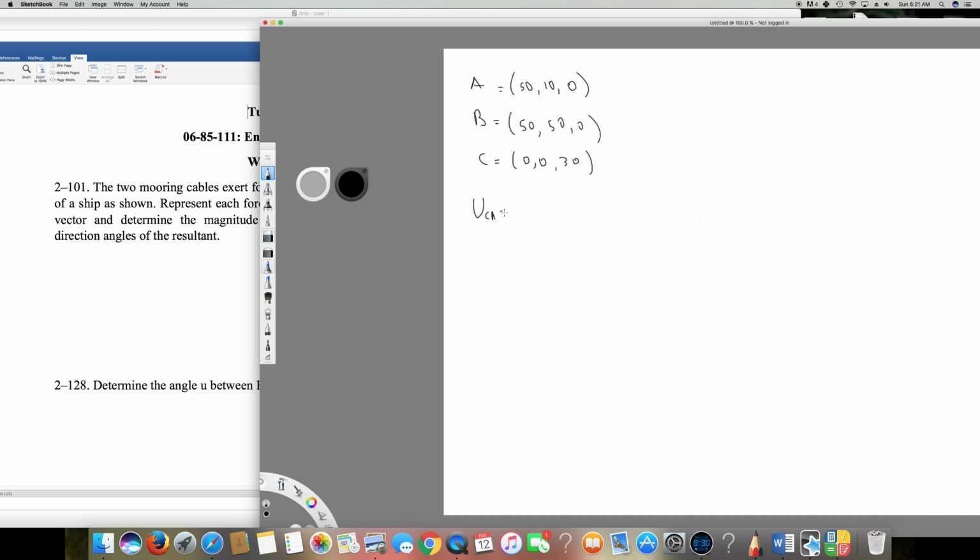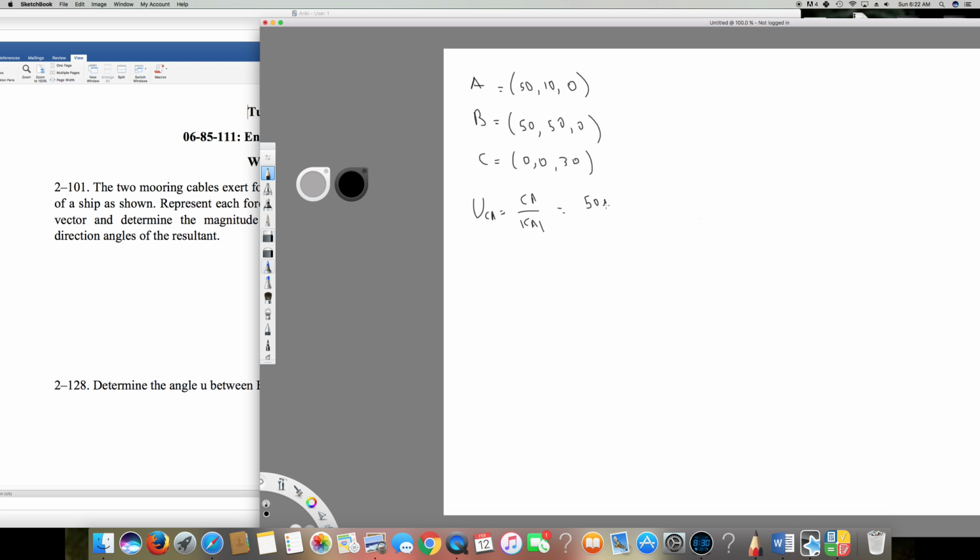UCA is equal to CA over the CA magnitude, which is A minus C, so it's going to be 50 minus 0, 50 I